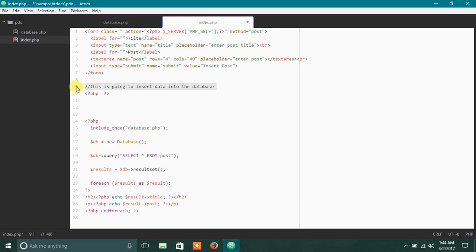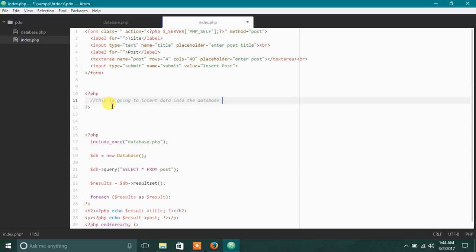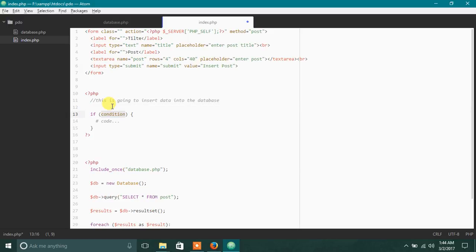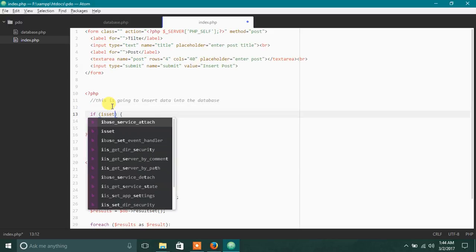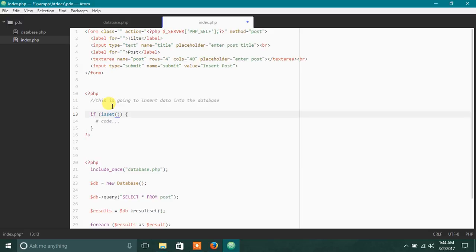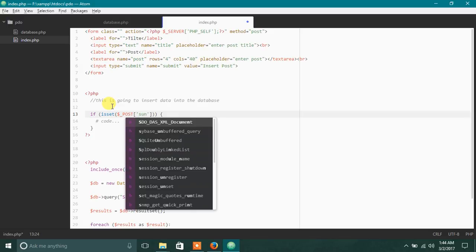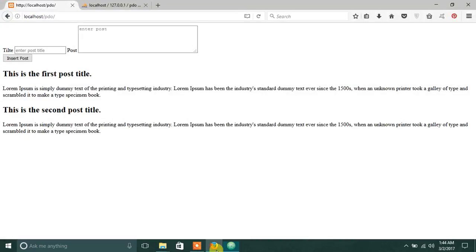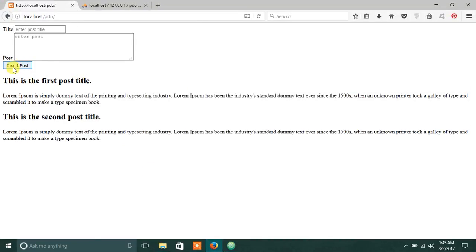So let's cut this out. Now if isset, dollar underscore post submit. Now whenever this submit button is going to be pressed,